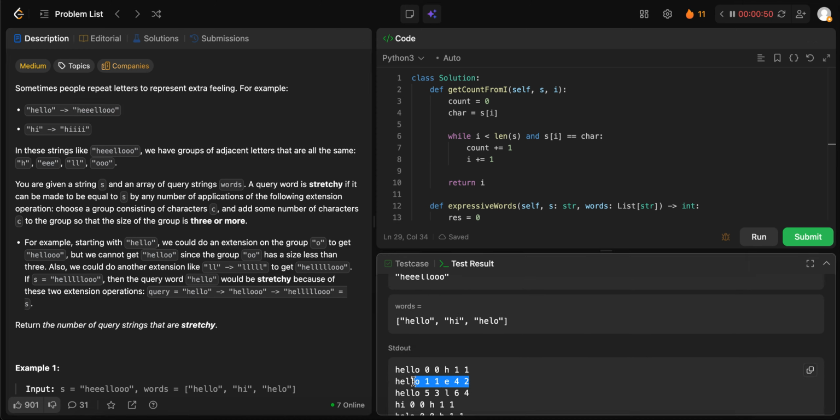What are our inputs to this function? We're going to be passing in S, which is hello, and I is 1, right? So count is 0, char is E, while 1 is less than the length of S, and E is equal to E. Then count plus equals 1, so we have 1 count, and now we're at I plus equals 2, we're at